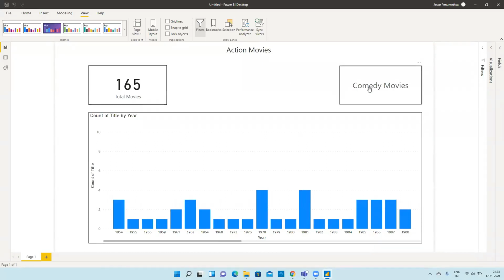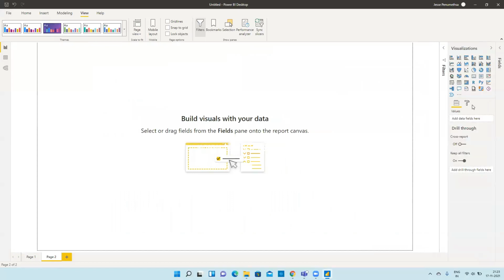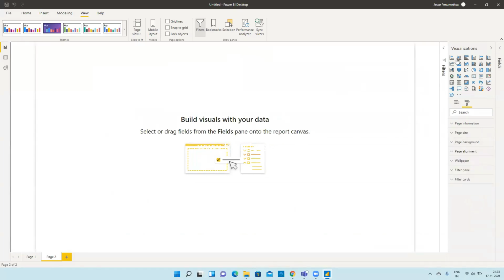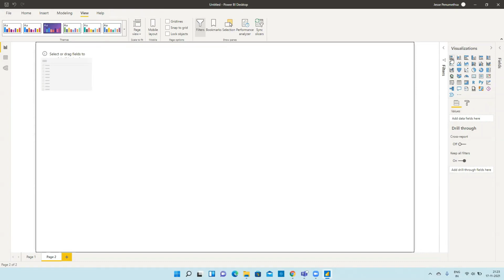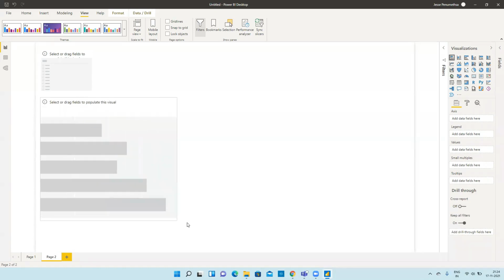This is most probably used in various reports, like if the report is like this. So if the report is in this way, for example, you have created one slicer in the top left corner like this, and below this you would have created one more visual, something like this.